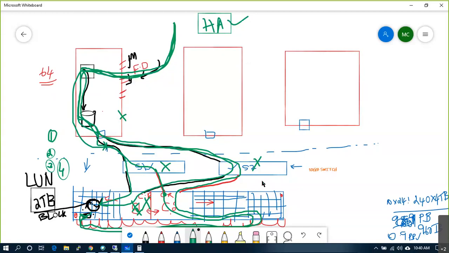Now, from this system to this system, I want to assign this 2 TB storage. Imagine the older days: from my home to Sunil's home, I'm sending one inland letter. What should I mention? Address. What else? Pin code.